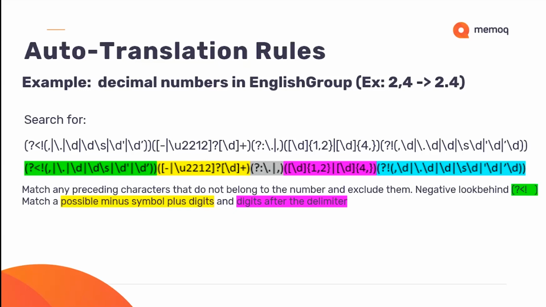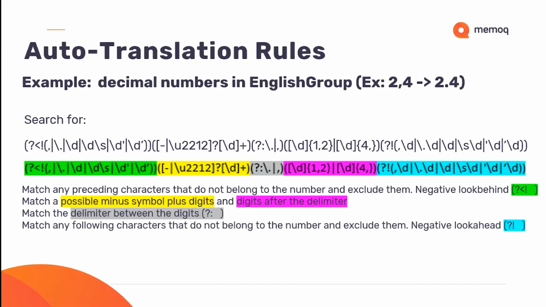These are the parts that we want to reuse when we do the number format change, because the numbers themselves don't change, just the format. Then we have the matching for the delimiters in between, which will change. And then we have everything that comes after the number. That's the blue part, which doesn't belong to the number,